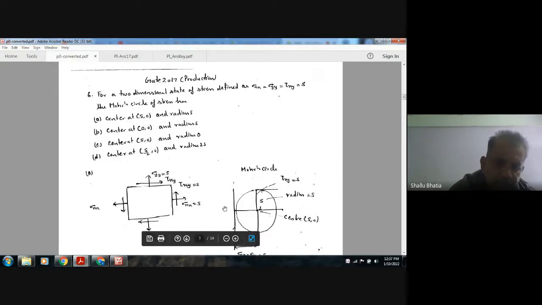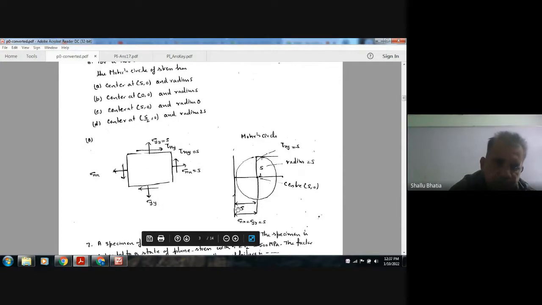Now if we draw the Mohr circle, sigma xx is this S, and sigma yy is again S, and at this place the tau xy is acting, this is anticlockwise, so the final point will be this point. And similarly on this plane the clockwise shear stress is acting, so the final point will be this point. So these 2 points should be on the Mohr circle, and this should be the center. So the radius is S, and center is at S, 0. So the answer is A.